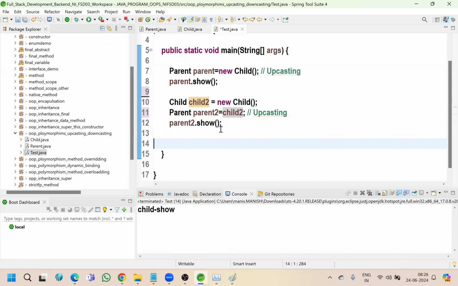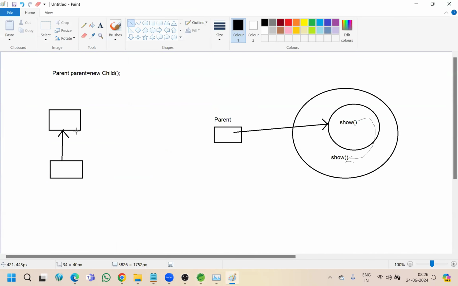So in this case we have to perform downcasting. We have to get the object of our child class reference. So we can call,